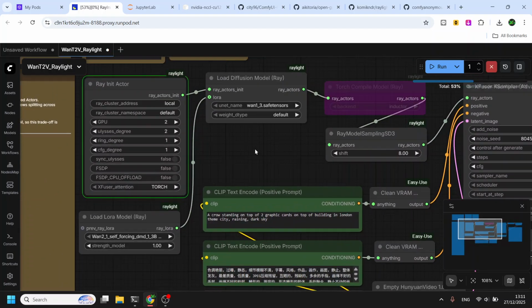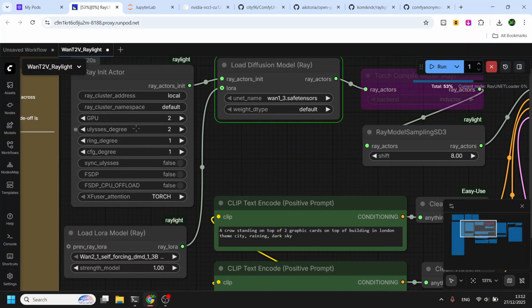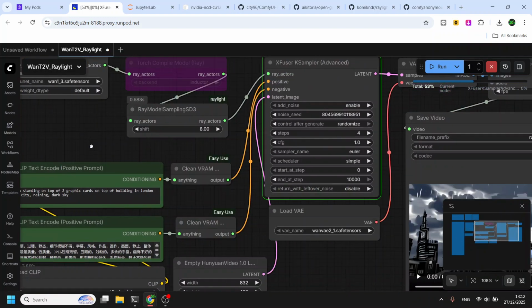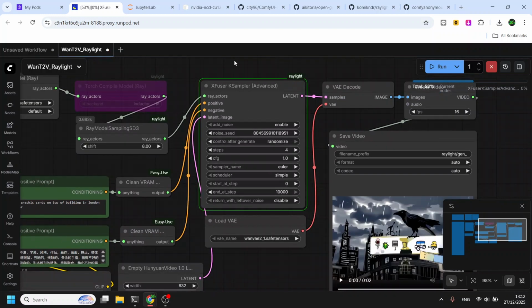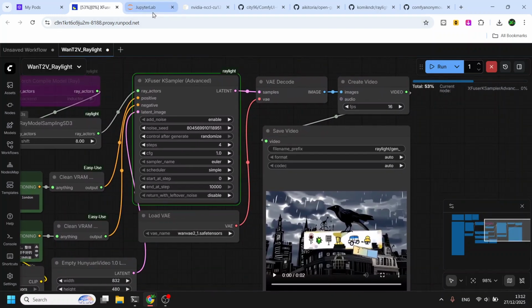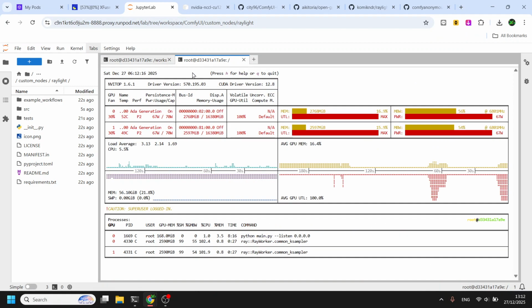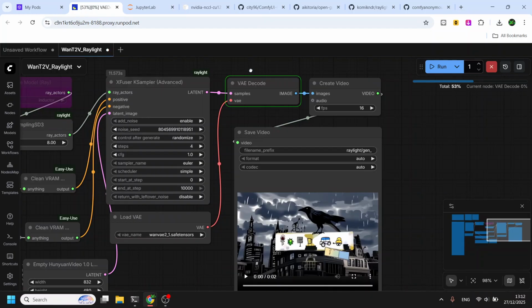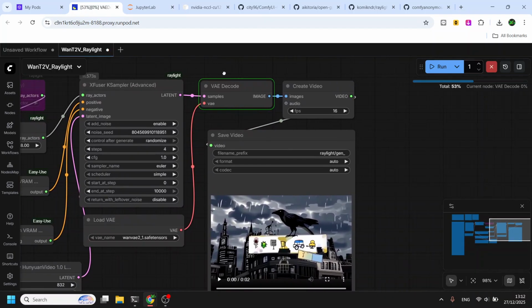Again, Raylight will use the Ray init actor to basically build an instance of GPU worker. Again, Ulysses degree for sequence parallel, CFG degree for batch parallel, the exposure case sampler is active, and then just VAE decode.